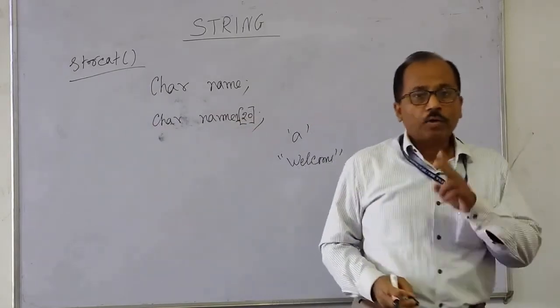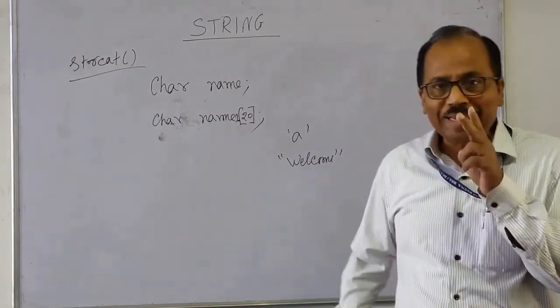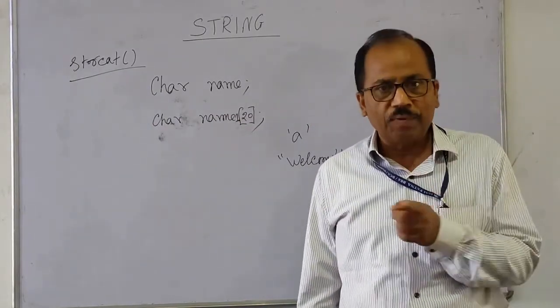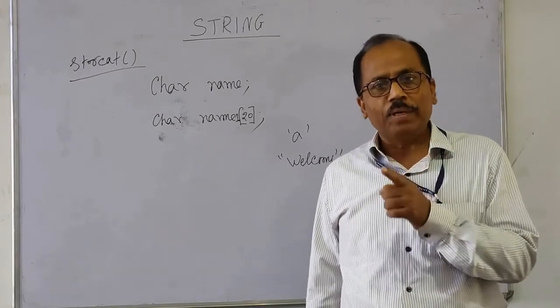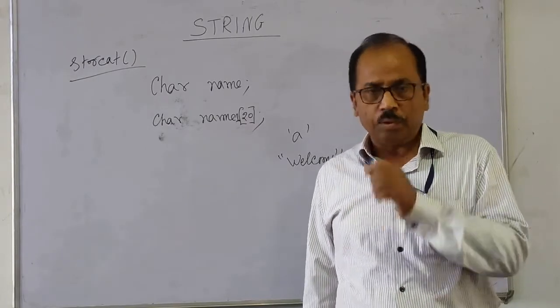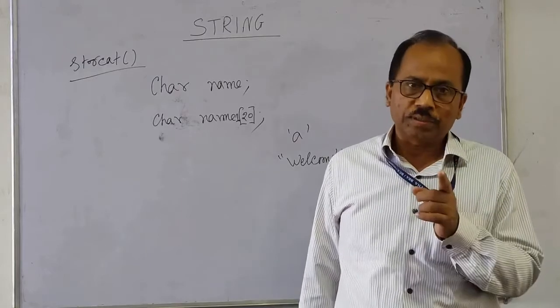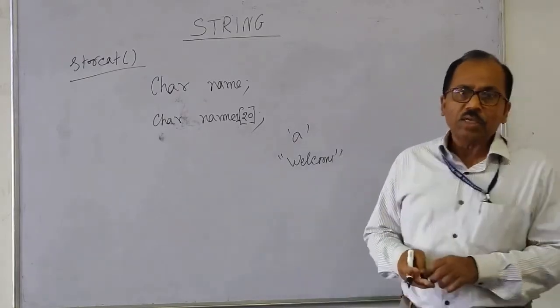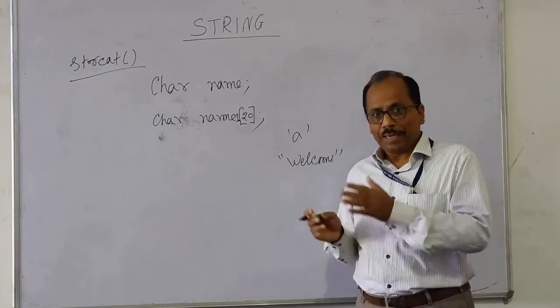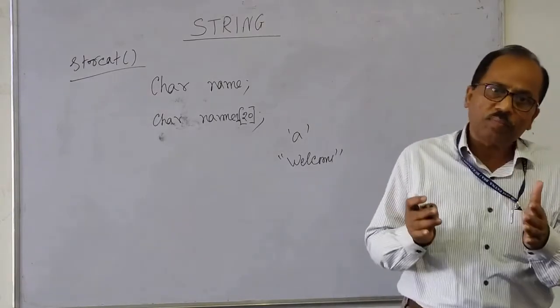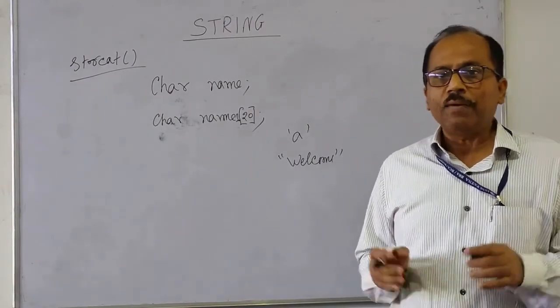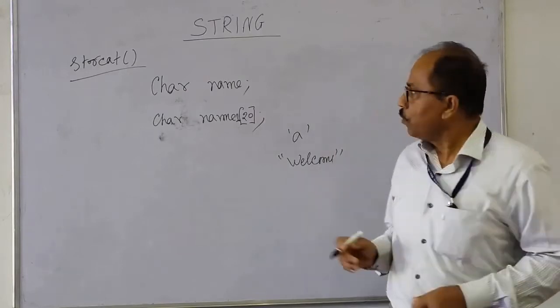It requires two arguments. The first necessarily should be a string variable. The second may be either a string variable or a string constant. Likewise, if we have to copy a string constant to another string variable which already has a value, for that very purpose we use